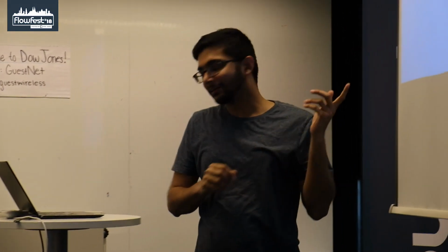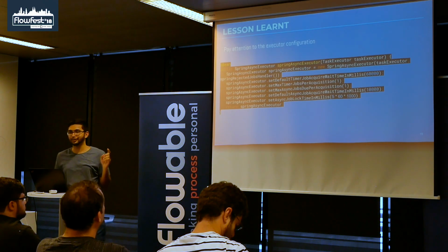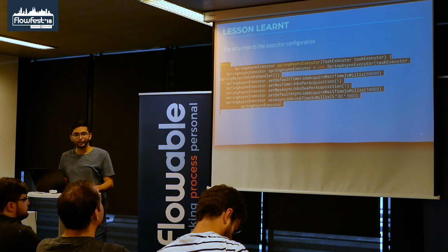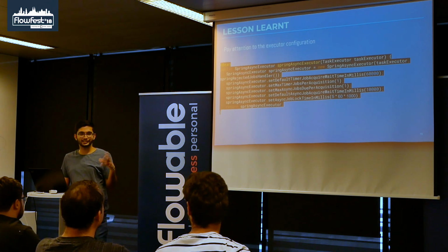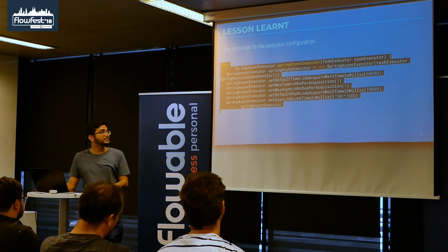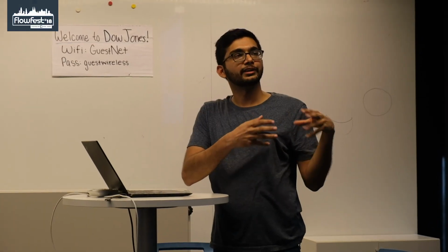One of the issues we had was that anybody who's worked on Flowable has probably seen the Flowable optimistic locking exception by now. Usually the solution is to mark your service task as exclusive, which makes sure the process instance's jobs are run exclusively, one at a time. But in our case, we already had the service task as exclusive, but we were still seeing the optimistic locking exception, and it turns out it was because